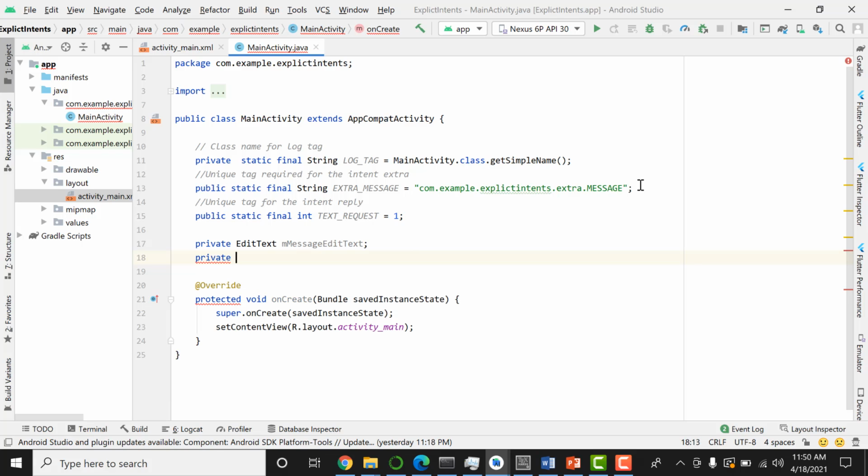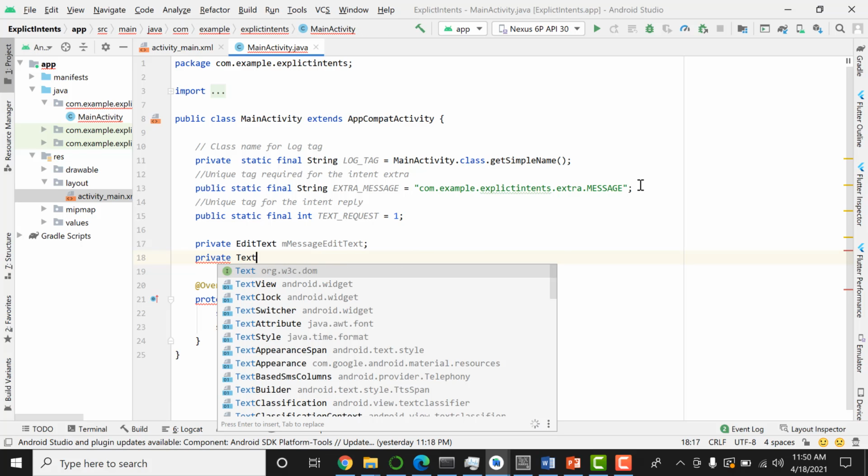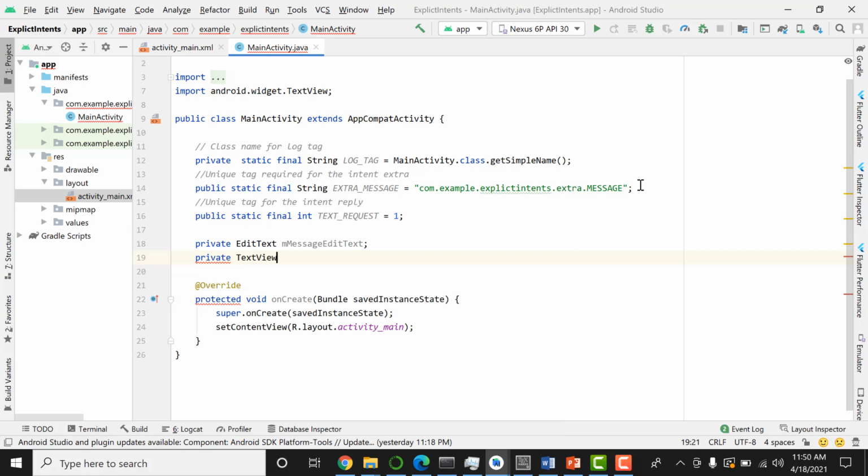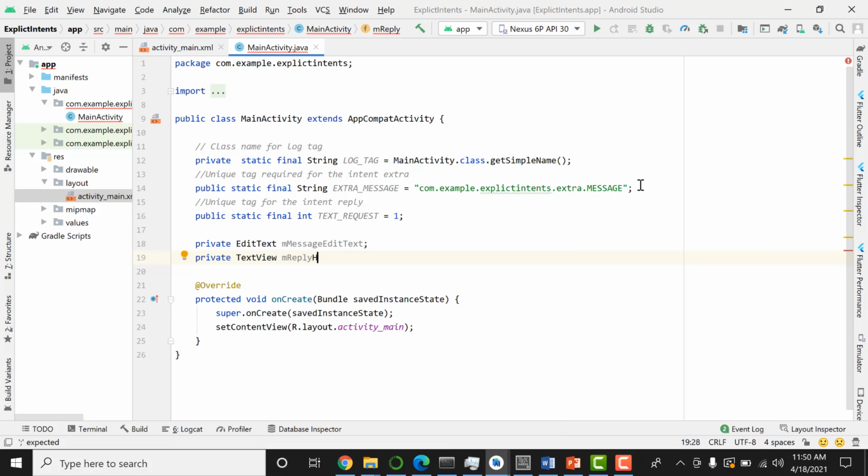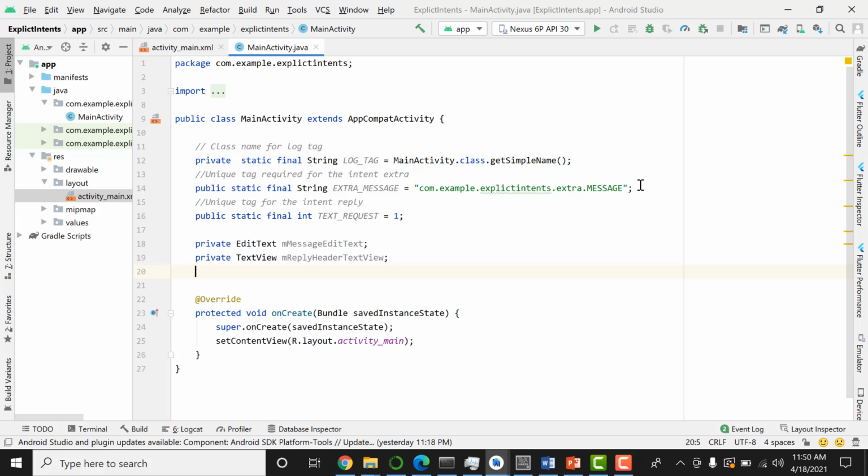And the second one for the text view, m replay header text view, and then private text view m replay text view. Okay, with that